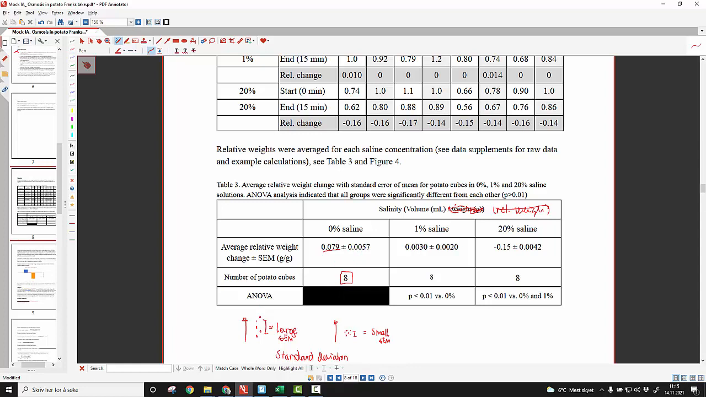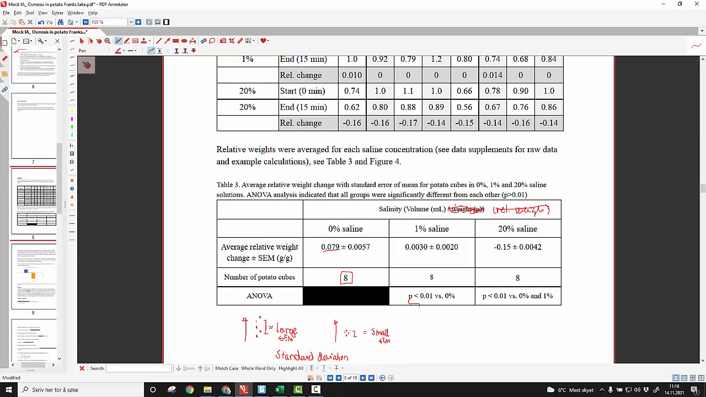And then we come to the statistics itself. So here we could have used a t-test if there were only 2 groups, but since there are 3 groups, we can't use a t-test. We have to use an ANOVA, which is kind of a t-test expanded for more than 2. And this p less than 0.01 means